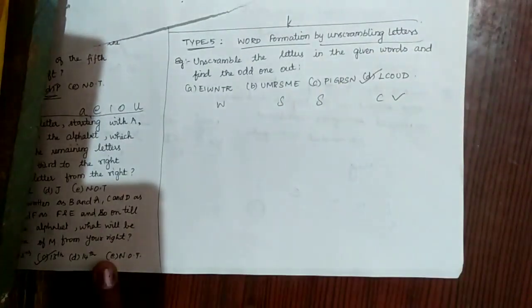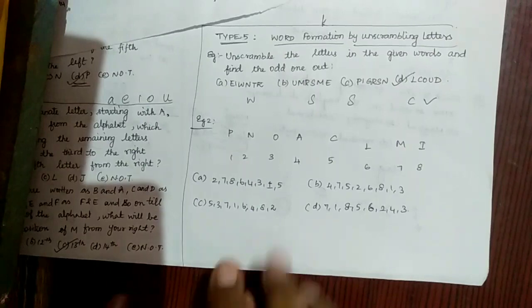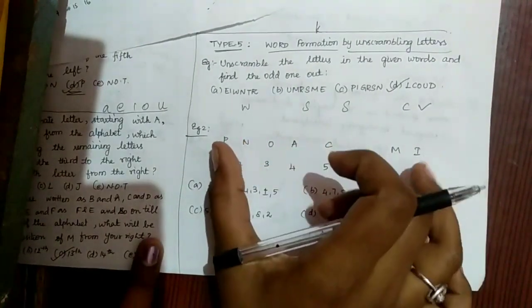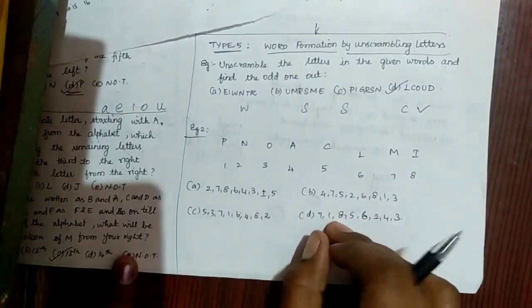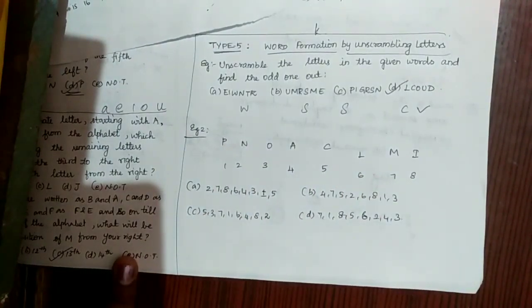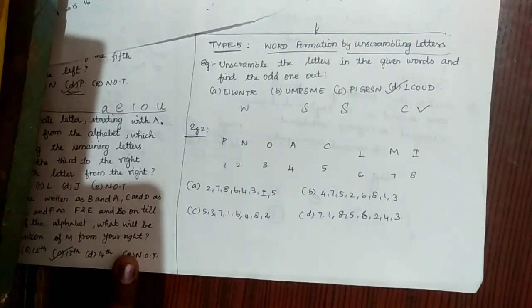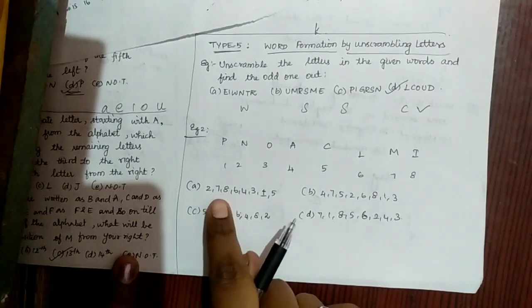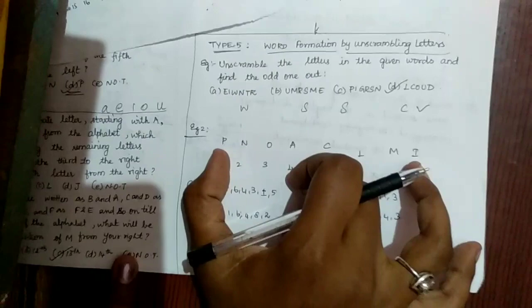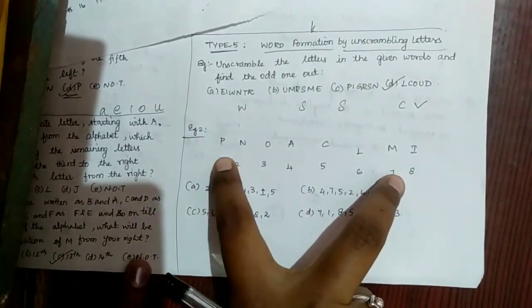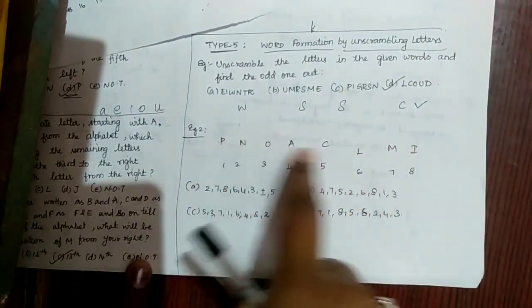So let's look at another example. Example 2: I'll just read out the question. I have written half of the question, and we have to find the answer from these options. The question is, select the combination of numbers so that the letters arranged accordingly will form a meaningful word. So we have to find which order of the given numbers from the given options is the correct formation of this word. Okay, by looking at this word you can guess that this is complain, right?